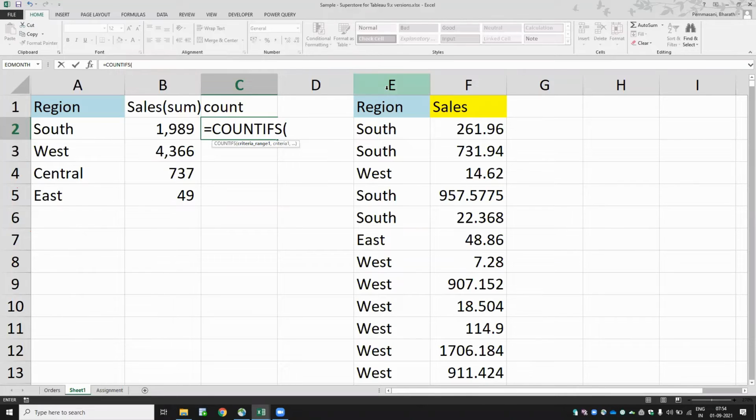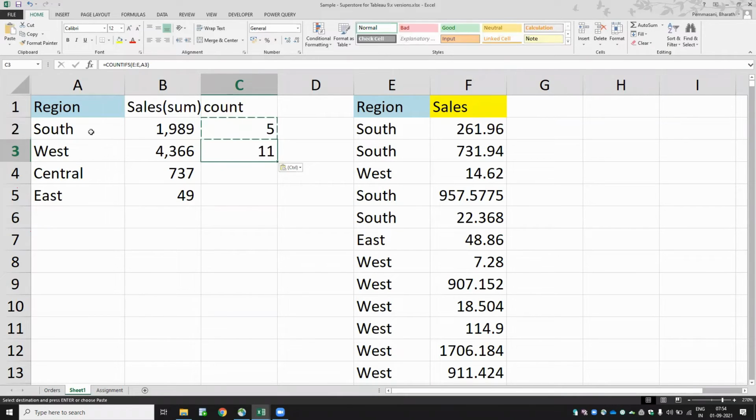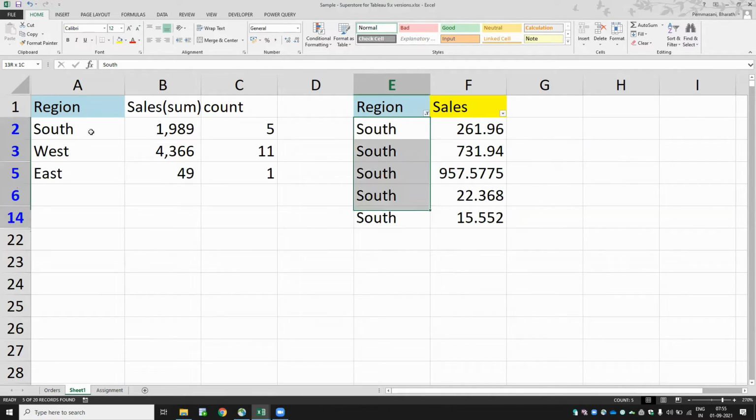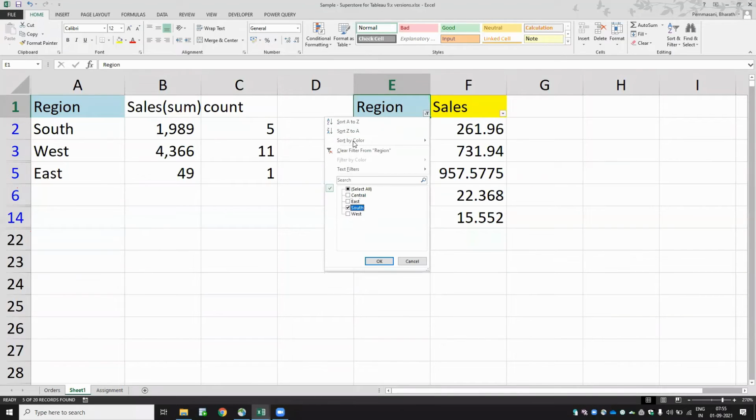Region. This is the region. Comma, south. Criteria is south. So how many we have? South we have 5. West we have 11. Central 3 and east 1. If you see here, east we have 1. If I go for central, there are 3. And south we have 5. And west we have